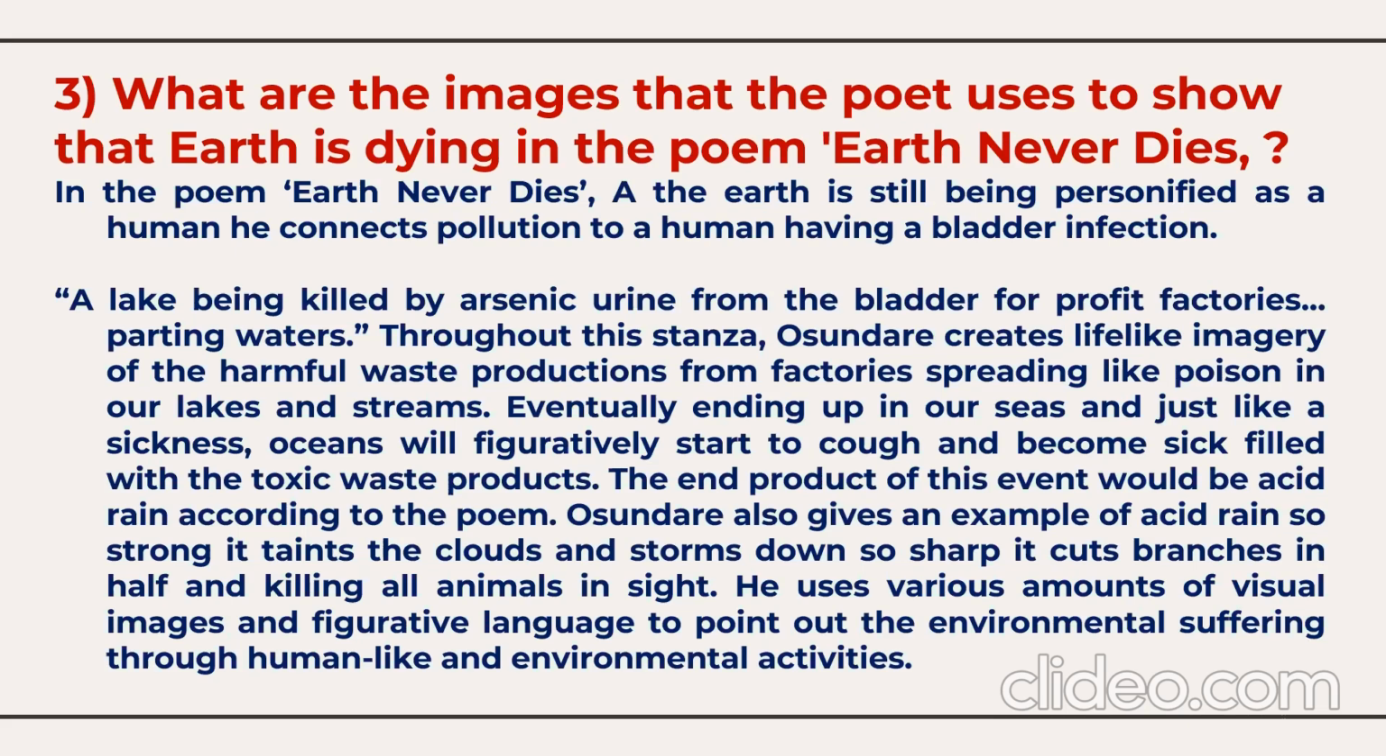And just like a sickness, the ocean will figuratively start to cough and become sick, filled with toxic waste products. The end product of this event would be acid rain, according to the poem. The poet also gives an example of acid rain so strong it taints the clouds and storms down so sharp it cuts branches in half and kills all animals in sight. He uses a lot of visual images and figurative language to point out the environmental suffering